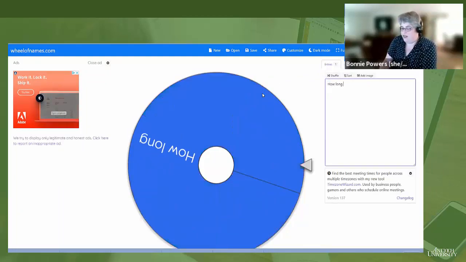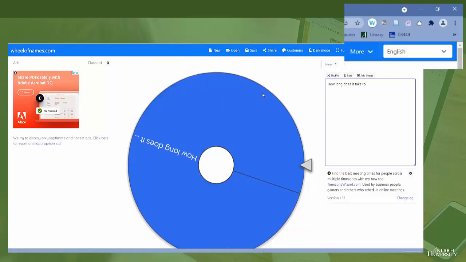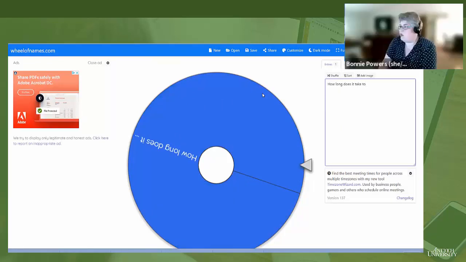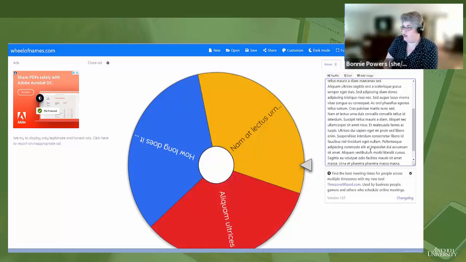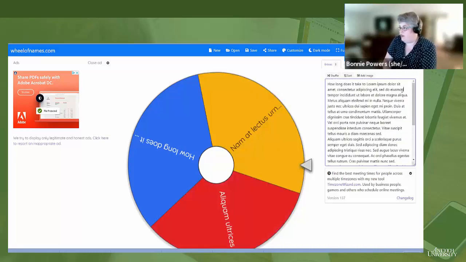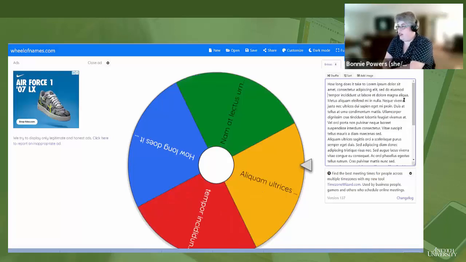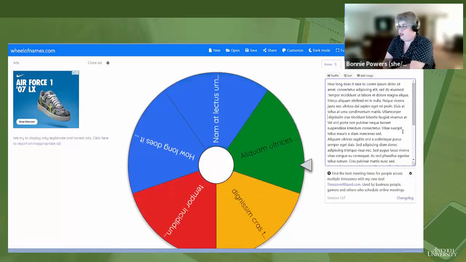How long? Oh, there's a word limit, maybe. That's what I'm wondering, or if it's just a word wrap or something like that. So let's see what happens. I'm just going to put in some random words. I think if you put in a return. Okay, so if you put in a hard return,